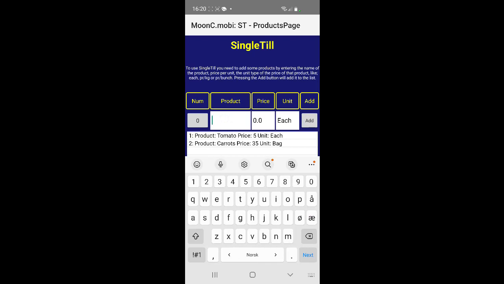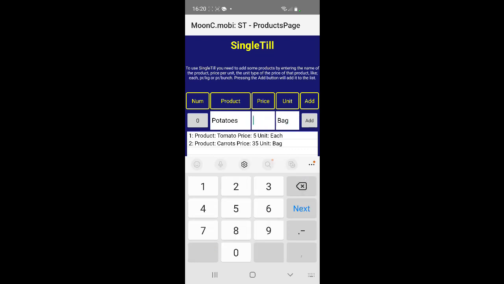Let's say potatoes. And for them, I'm also going to do per bag. This is just a description, it has no influence on the calculation. And we'll say the potatoes are cheaper, so we're going to charge 20 per bag.